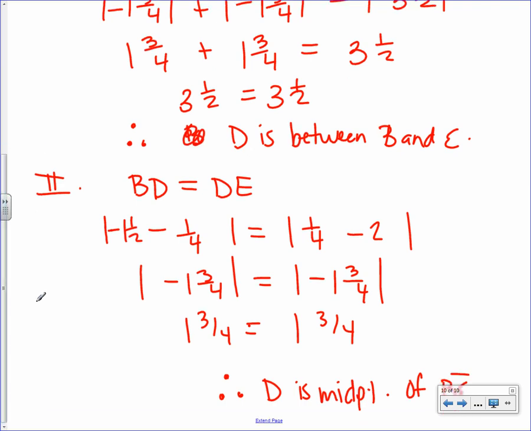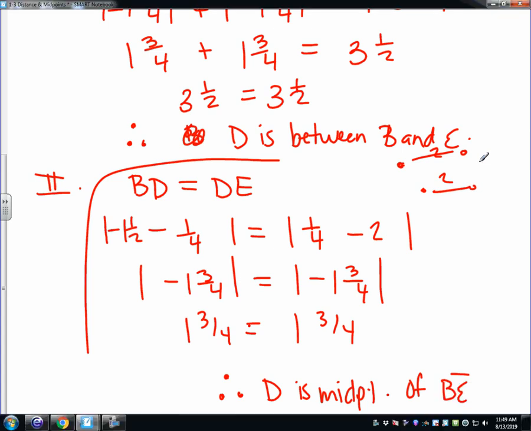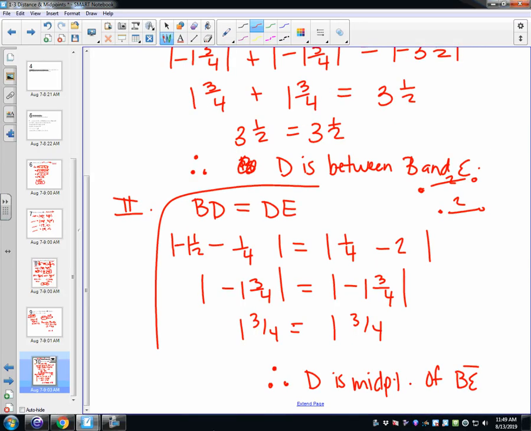Just want to clarify. Sure. Is the reason we do part 1 just to figure out if D is between them? Yes, because if we just did part 2, that doesn't necessarily mean it's the midpoint. That's the example I was showing you before. It could just mean that both of these are 2 inches, but it's not necessarily a midpoint because they're not attached. Do you see what I'm saying? So we have to do both parts. Okay? Does anybody have a question anywhere? Are you sure? Okay. Well, here's our